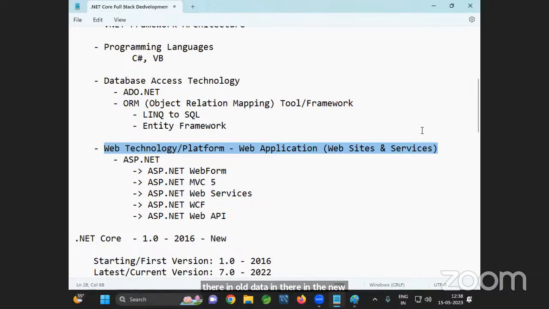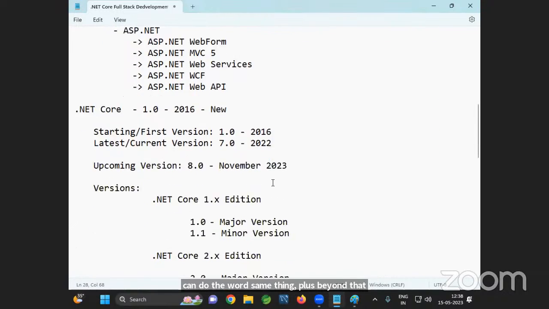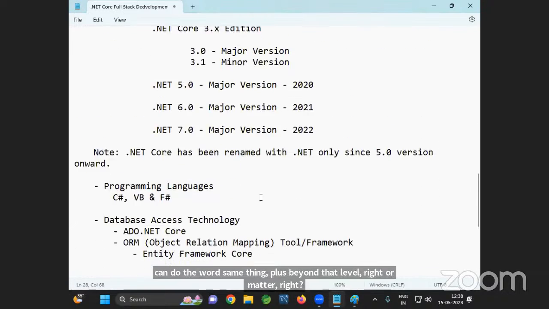But nowhere in the world do people teach desktop development, or ask about desktop development in interviews, because application development is in the web environment, right? Because what a desktop application does, a web application can do the same thing, plus beyond that level, right or not? Right. So in the newer .NET,